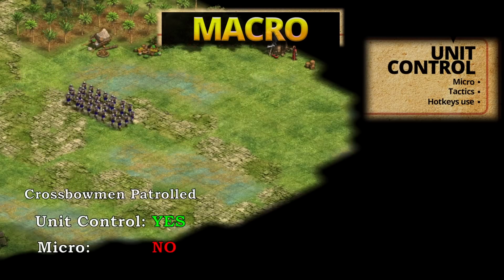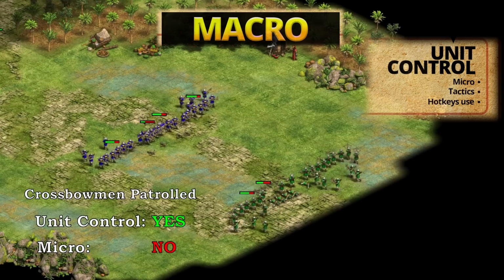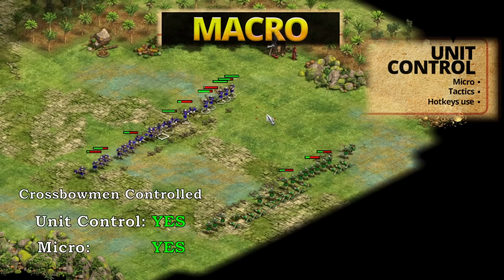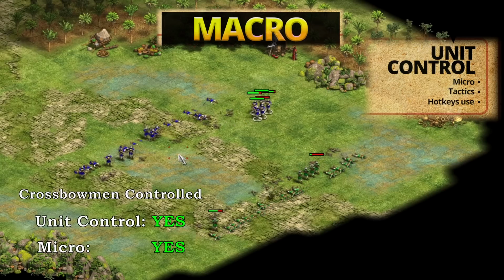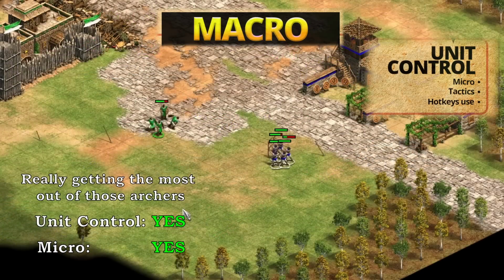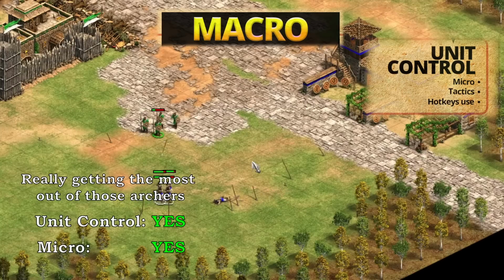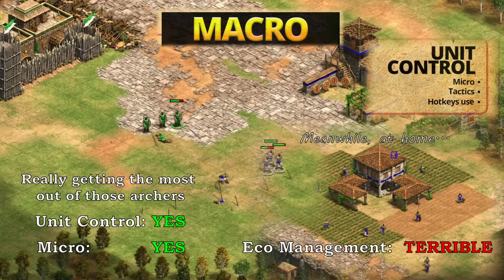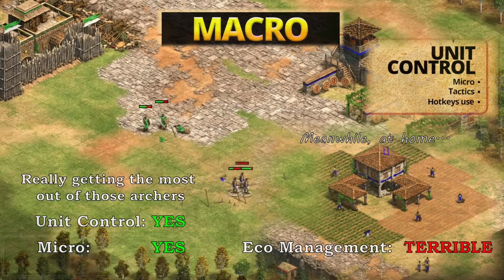There's a reason why it's not considered micro if you just patrol your units into a fight and then don't touch them. This is a passive action, and while it is unit control, it isn't micro. It only becomes micro when you actively control your units mid-fight. Since this is a real-time game, microing your units has an opportunity cost. If you micro a fight, then you're doing so because controlling your units will put you in a better position than if you do something else. Bad micro is often worse than no micro, as at least if you don't micro your units, you can still do something else. With bad micro, you're basically going out of your way to make your units perform worse.